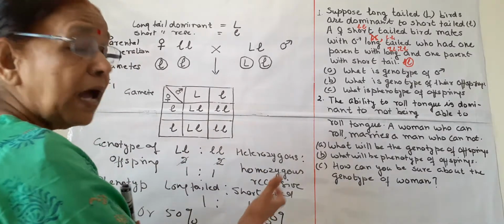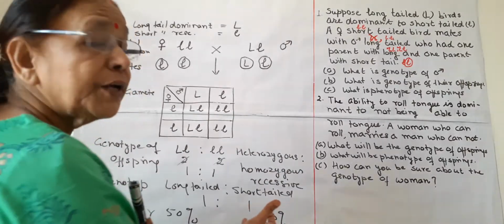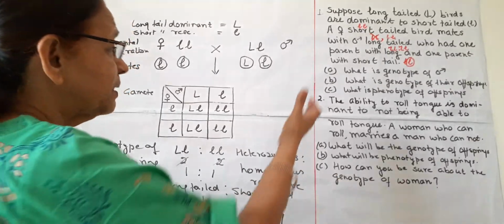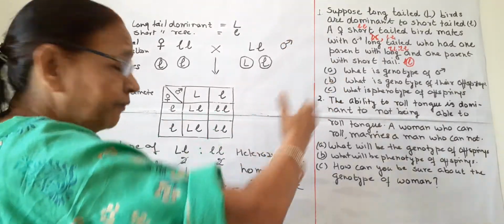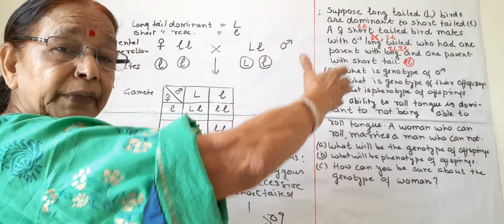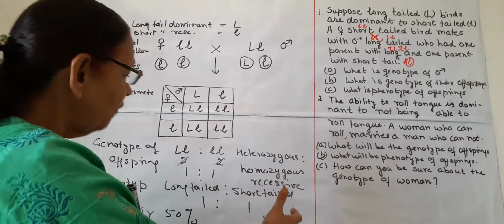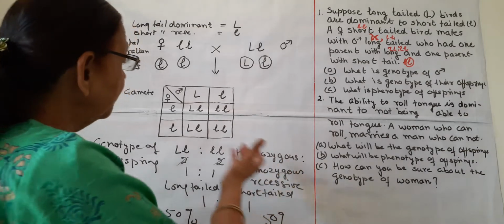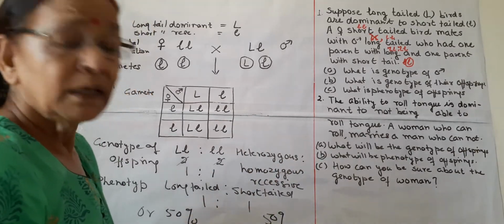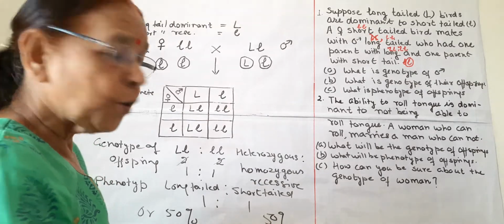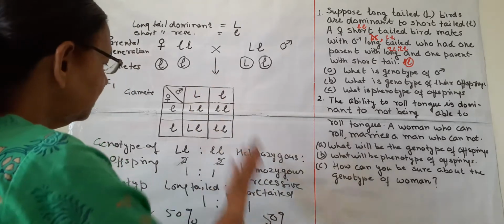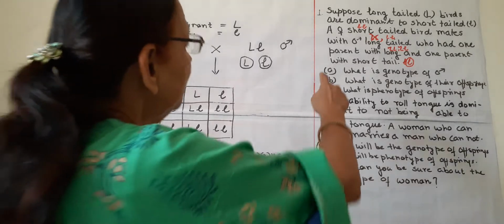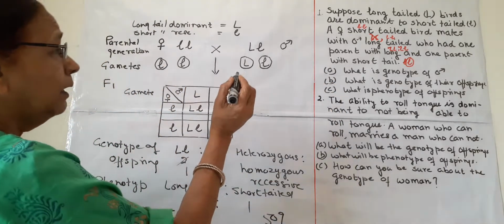Sometimes it is asked in percentage only. How many percentage, 25, 50, 75, sometimes it is given. Write the percentage of offspring. So we can write 50% long and 50% short are formed. So this is how you have to write the complete answer, and then you can write